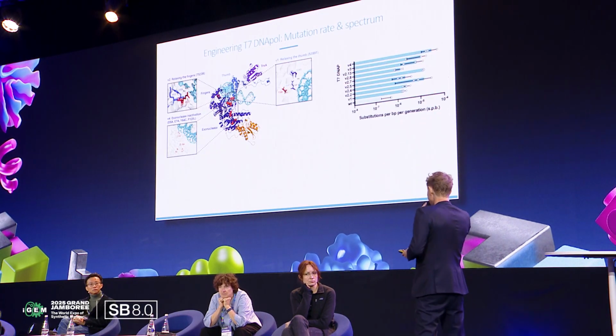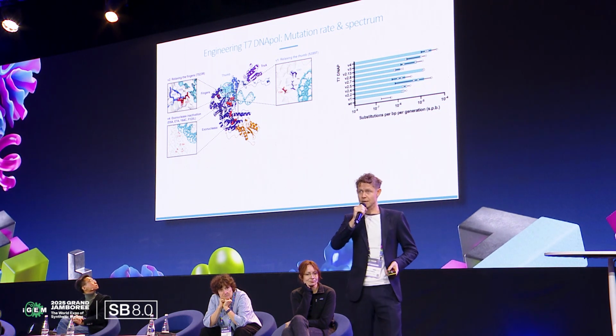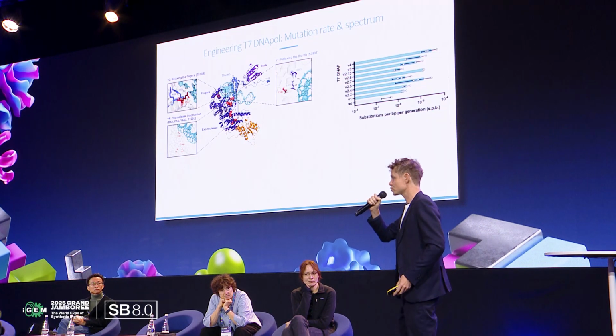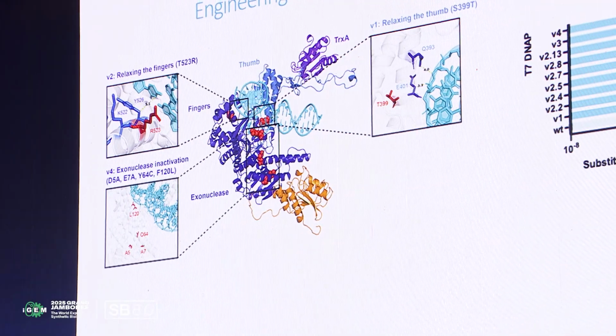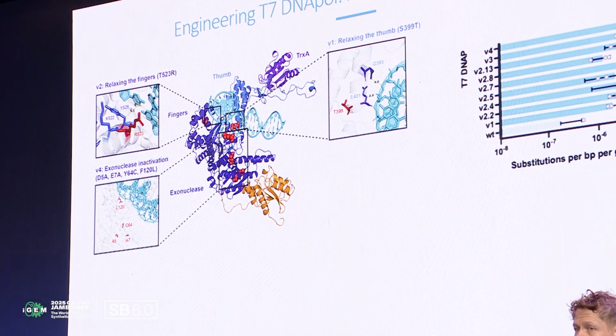We started looking at making really, really error-prone versions of the DNA polymerase because this is what drives accelerated evolution. And we could take a number of known mutations from DNA polymerase, both from the T7 DNA polymerase, but also from other polymerases. We could just look up on Google. We could transfer the positions in other polymerases and put them in. And we got a whole spectrum of different polymerases, as you see here, that all have pretty good error rates.